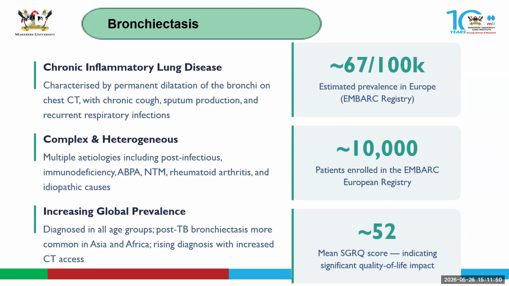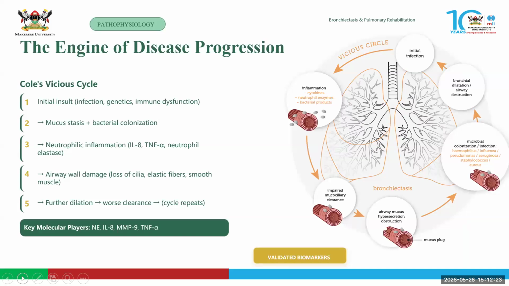We have the role of other complex heterogeneous comorbidities like rheumatoid arthritis, other idiopathic causes, and across Africa and areas which are heavily burdened by tropical diseases and infection, we find that post-TB bronchiectasis actually ranks. So when we look at bronchiectasis, we are looking at